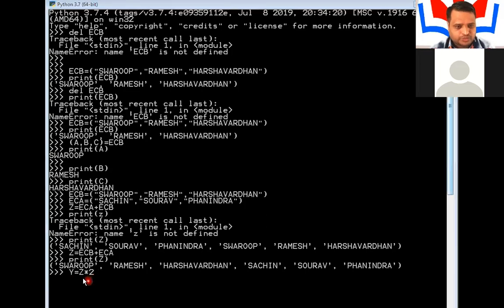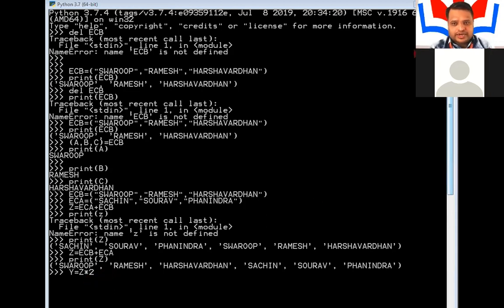Z corresponds to all the elements in it: Saurabh, Ramesh, Harshvardhan, Sachin, Saurabh, Paninder. Since I am specifying 2, the elements will be repeated 2 times. How many times we want the elements repeated, we can do by specifying the asterisk operator.